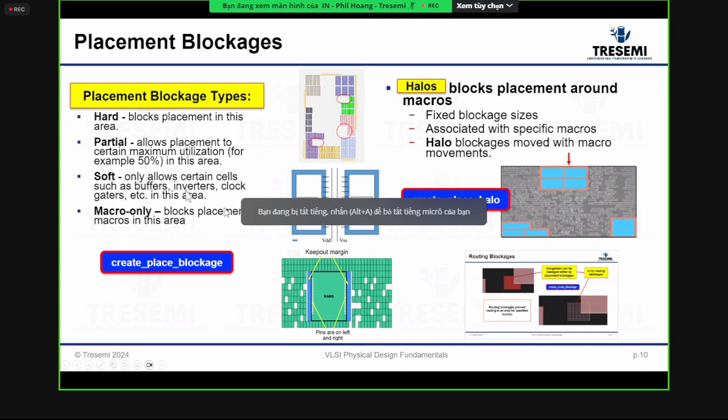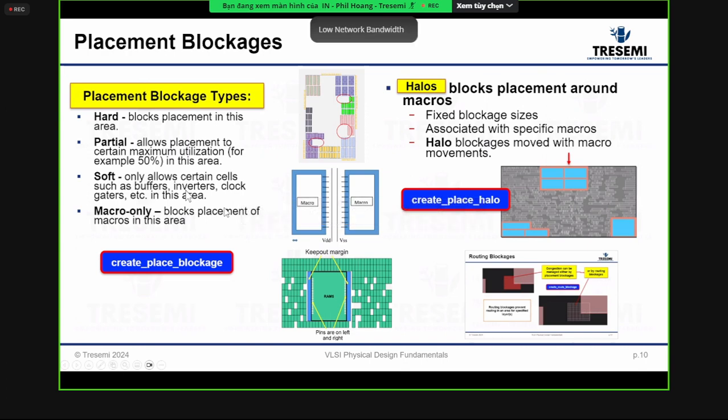The create place blockage command is what is used. This is an example: if you have a lot of pins on the left and then on the right, and you have signals